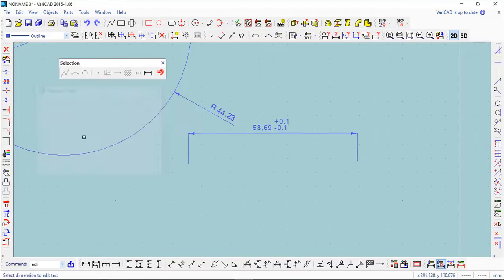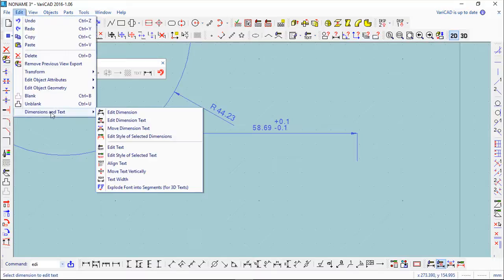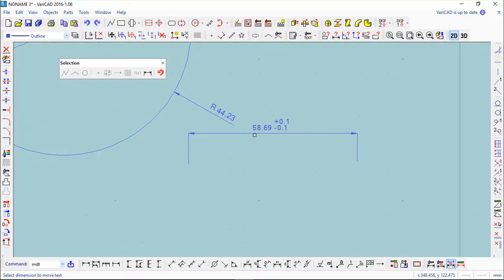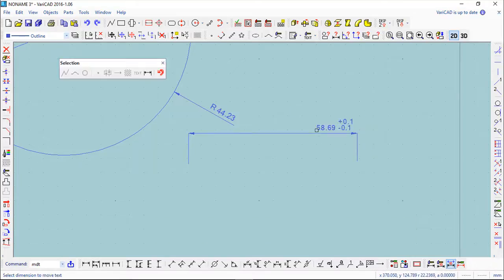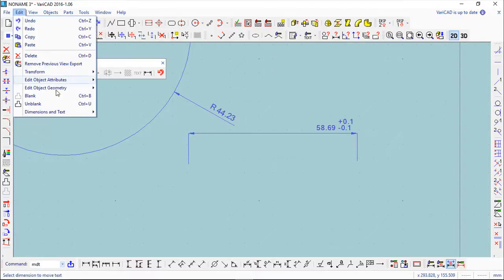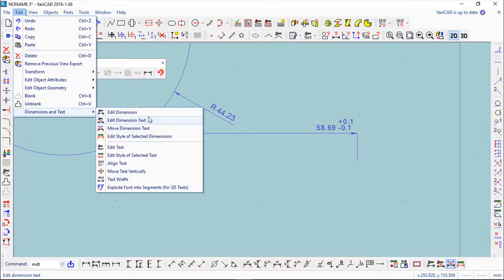Okay, the third one is to move the dimension. Sometimes the text is free from the rest of the dimension, and I can say now I want it on this side. This is especially for a graphical look of the drawing, because sometimes I have entities crossing, and it's a mess, so I need to make a better graphical arrangement of things. And the last one,